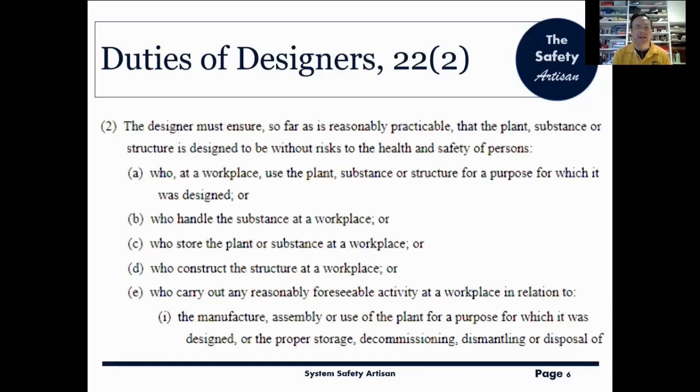But the bottom line is that the scope of this Act is cradle to grave. So from the very first time that we design a plant, substance, or structure, right through to final disposal of said plant, substance, or structure, the designer has safety responsibilities, thinking about the whole life cycle of the stuff, whatever it is.